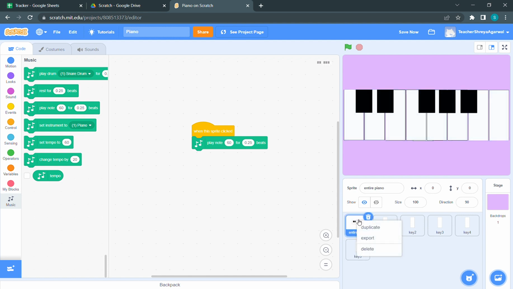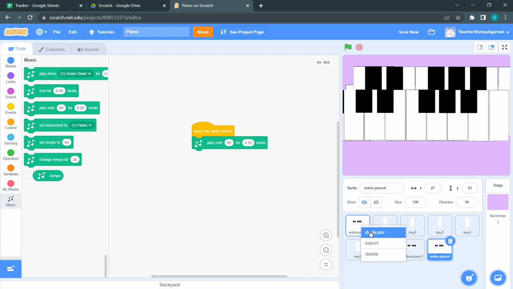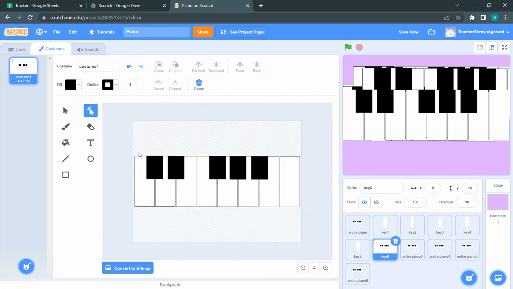We duplicate the piano one more time. Alright, I'm just gonna go ahead and duplicate it multiple times. Alright, so this one's gonna be key 6. You change the position to 0 0. Now you go to the costumes. So this is the 6th one, so you delete